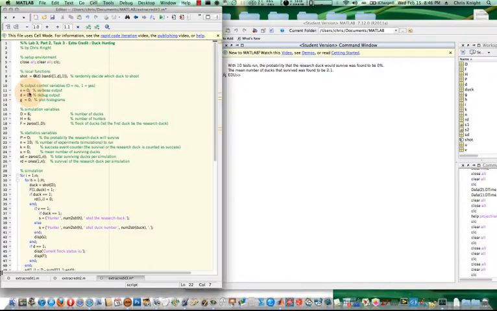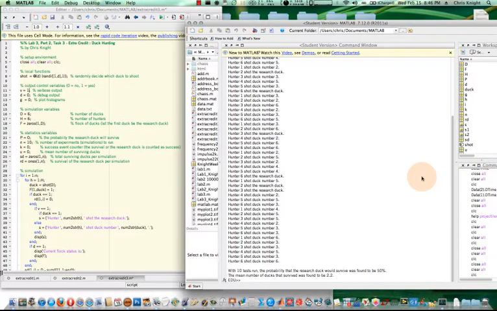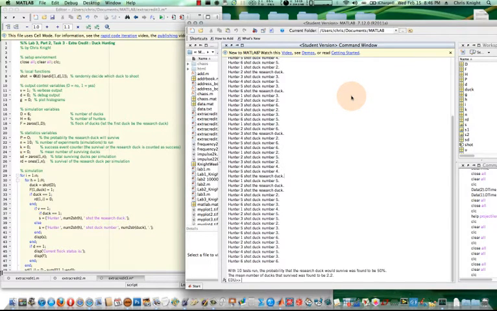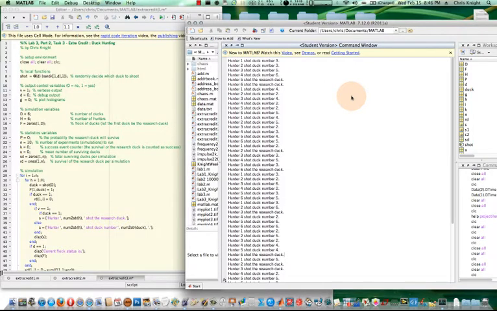So let's look at this with a little bit more information. Let's look at this with verbose output. I use this when I was doing the debug so that I can make sure that what is actually being output is really what is supposed to be happening. What this is telling me is that hunter number 1, and it's counting for each, through this loop, it counts each hunter, and then each hunter has a chance to shoot any one of the ducks using this function. So hunter 1 shoots duck number 3, hunter 2 shoots duck number 3, hunter 3 shoots duck number 5, and